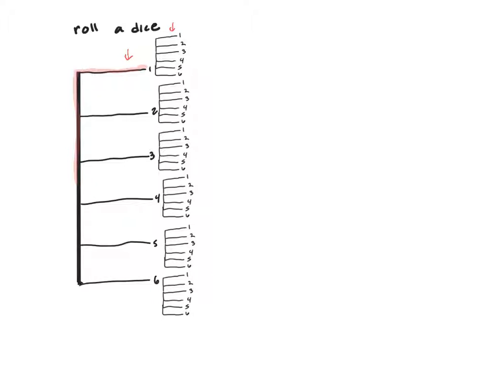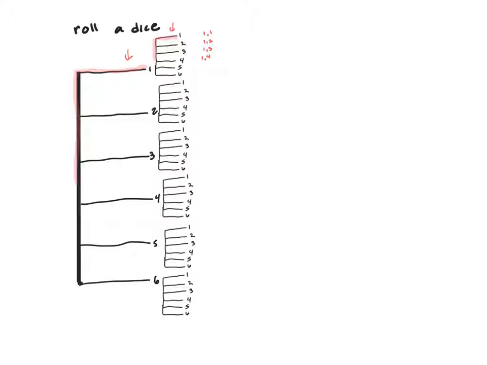So I get the 1 on the first roll, and then trace all the way up to the first one. So I get a 1 and then another 1. That's my first option. Now I can tell I have a lot of options here because then I could have a 1 and a 2, I could have a 1 and a 3, I could have a 1 and a 4, and so forth. Well, these are a ton of options,